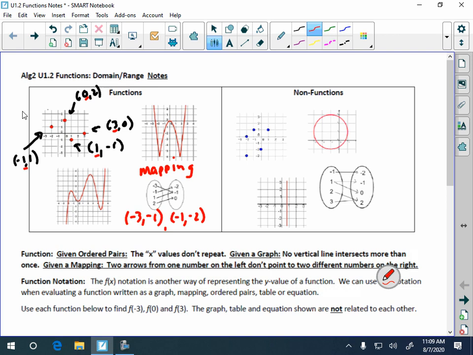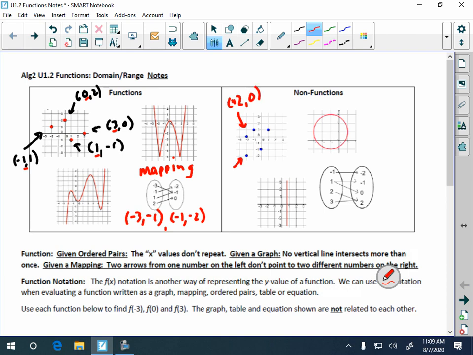All right, so now if we look at the non-functions and why these are not functions, if we were to draw vertical lines, we can see that none of them are going to pass what's called the vertical line test. So on the ordered pairs, the dots, if I were to draw a vertical line right here, I'm going to pick up two points exactly right on top of each other. That vertical line would intersect two points at the same time. And again, the reason is because if you were to write the ordered pairs out, it's (-2, 0),